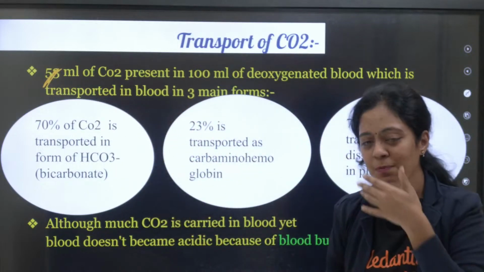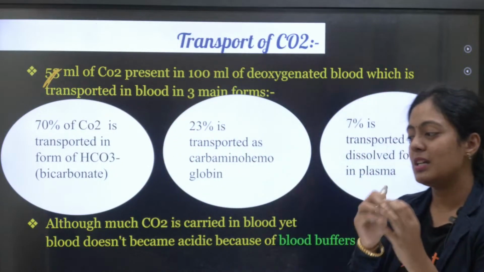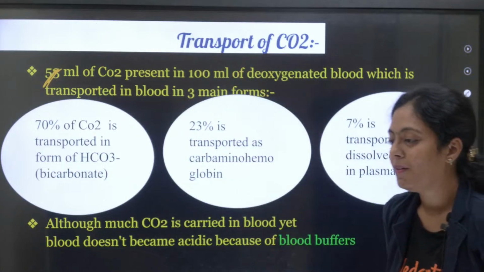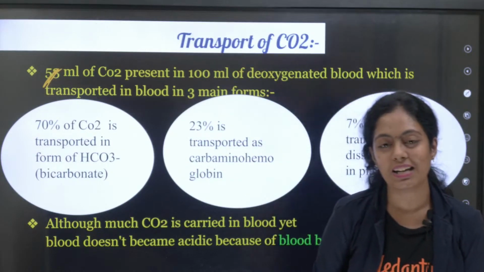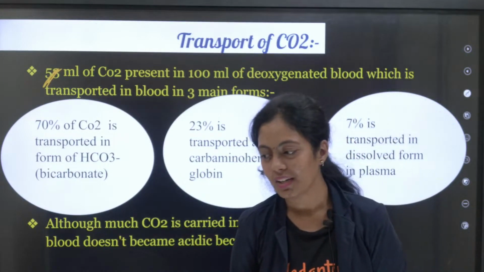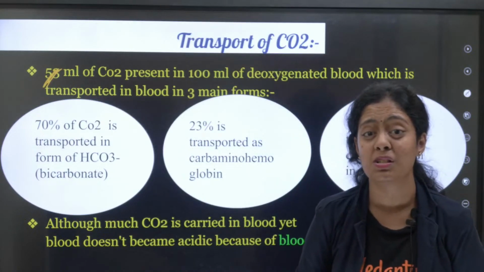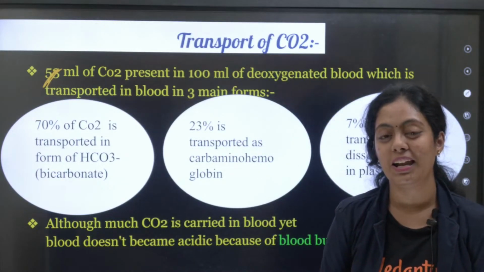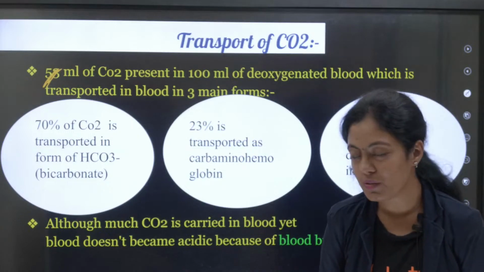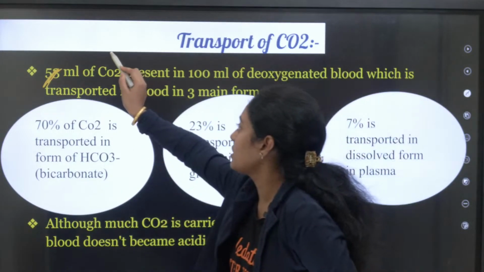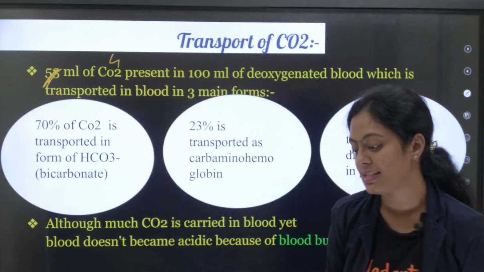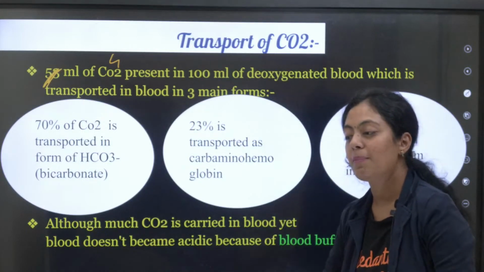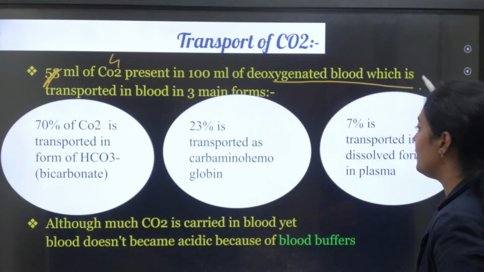Can anyone tell me? Dash ml of carbon dioxide is present in 100 ml of deoxygenated blood. There's a mistake there. Can anyone tell me what is the right answer there? Can anyone look into NCERT and tell me the right answer? Oxygen is 5 ml, carbon dioxide is 4 ml. Yes, Jan is super. Okay, so it is 4 ml of carbon dioxide is present in 100 ml of deoxygenated